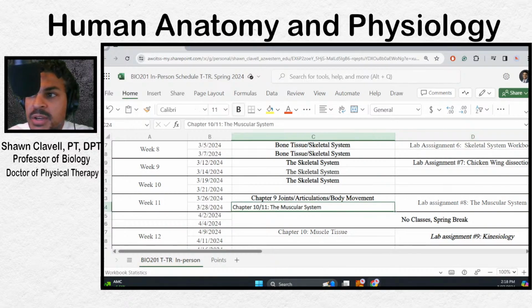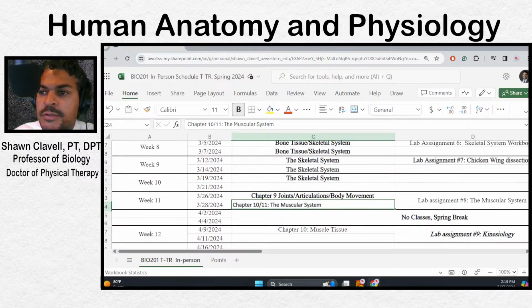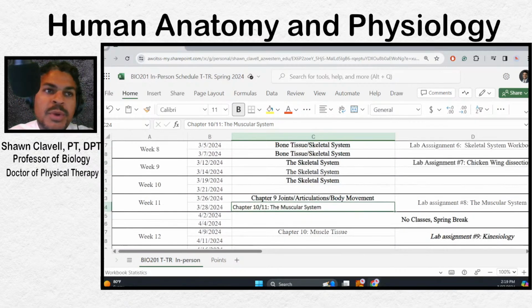Then I'm going to try to get as much of the muscular system lodged into your heads and brains before you go for the week, and then we come back and finish up talking about the muscular system for our exam 2 weeks after the break. So it's 3 or 4 weeks for the next exam, but we also have spring break. I would totally encourage you to keep working throughout the break on some of these muscles, and that's why I want to give you a preface as to what you're going to be seeing over the next couple of chapters.